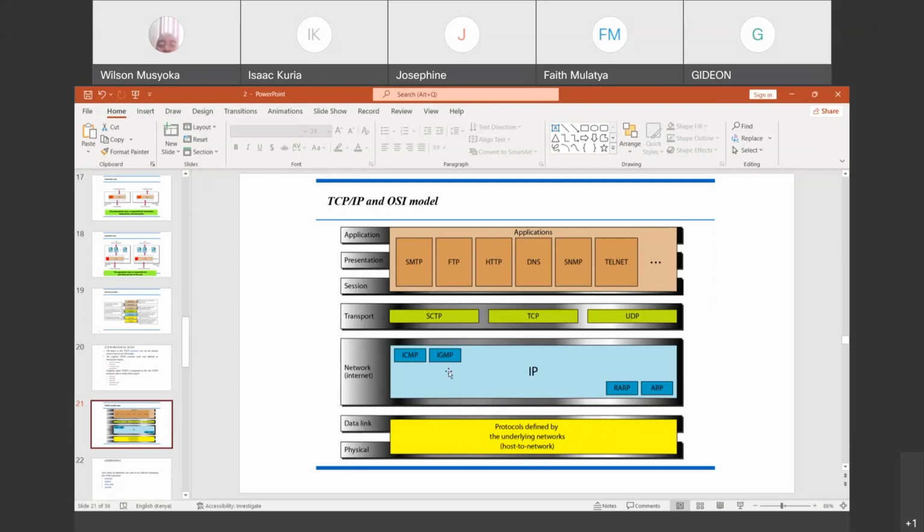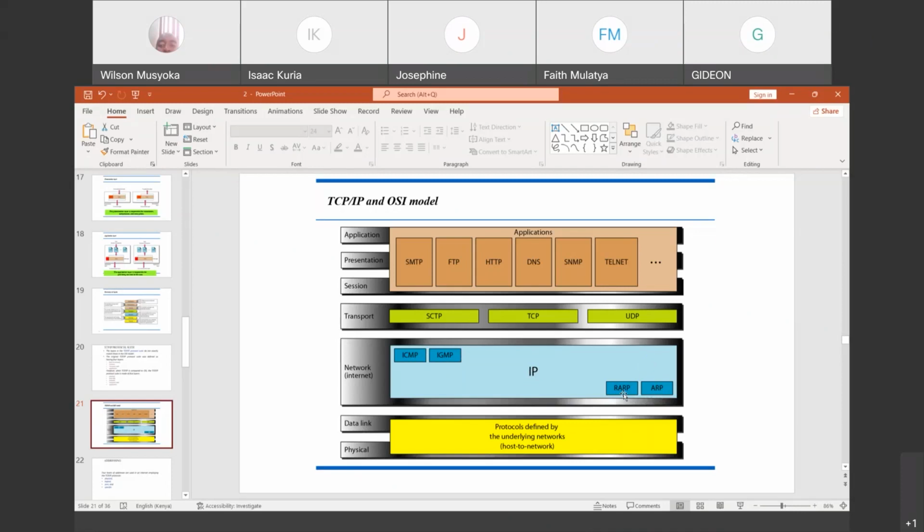But in the network layer, we have the IP protocol as the main one, and then we have these others, which we shall see. When we are talking about ARP, it refers to Address Resolution Protocol. It is supposed to countercheck the different addresses and their corresponding domain names. The reverse address resolution protocol does the opposite.